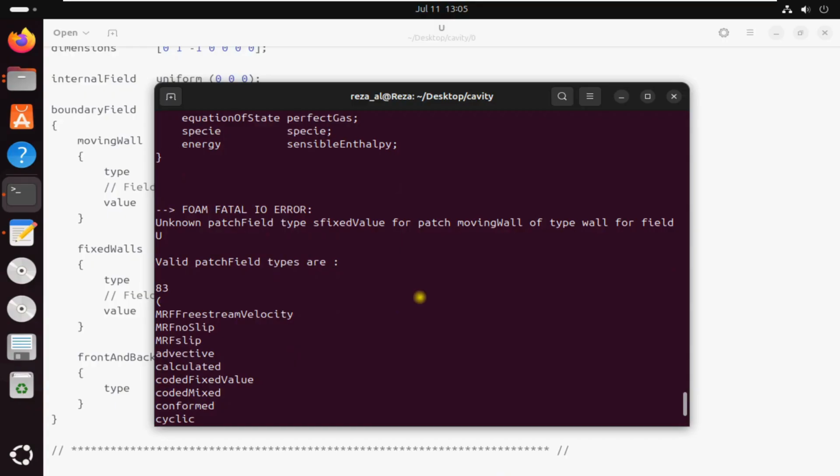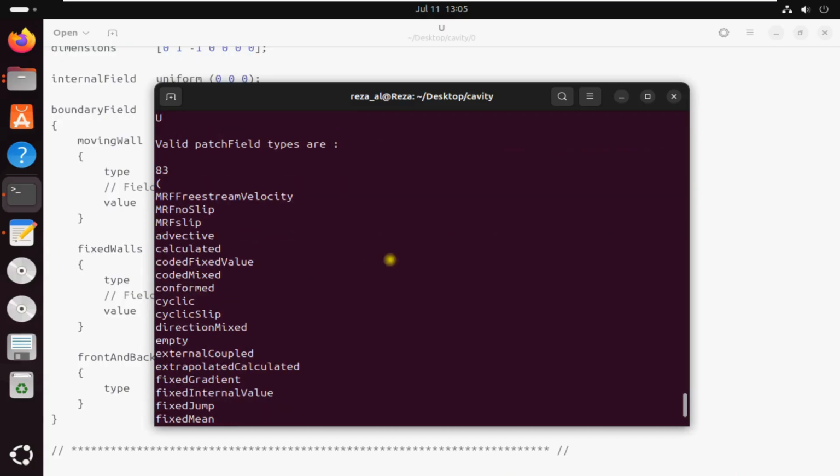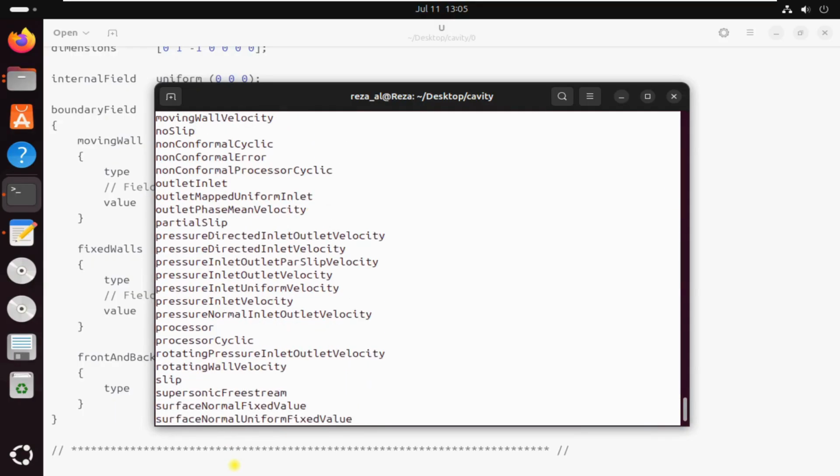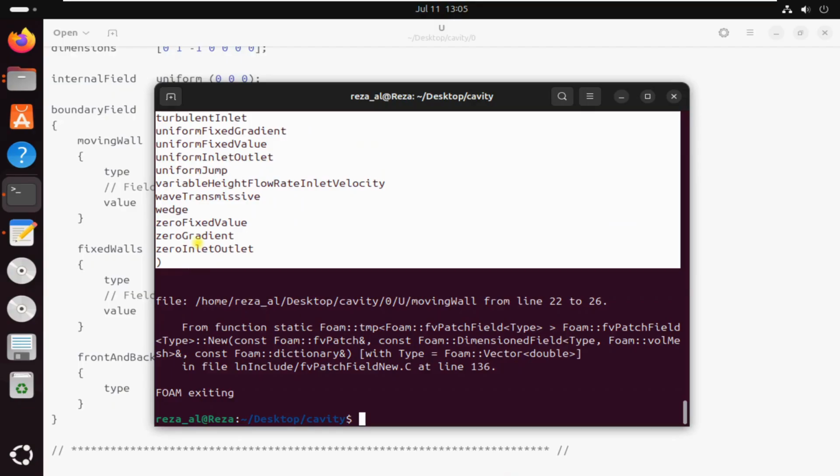And then it gives all the options that we have for that boundary for the velocity field. If you find your boundary condition here, or if you are not very familiar with the boundary conditions, you can copy this